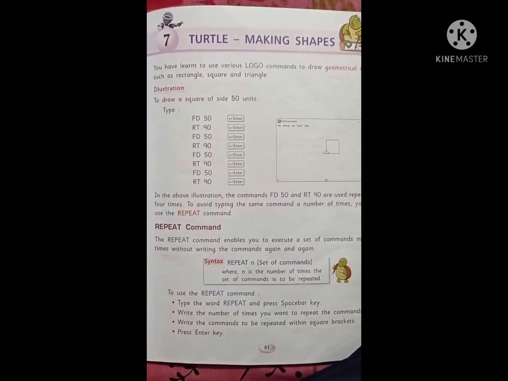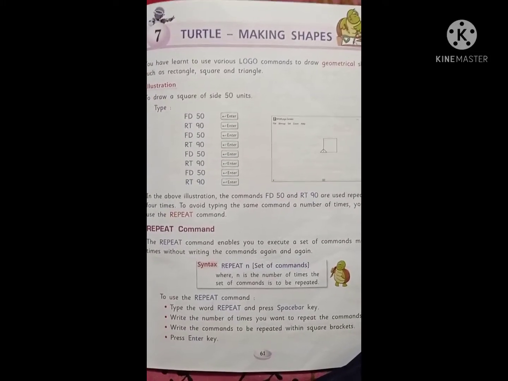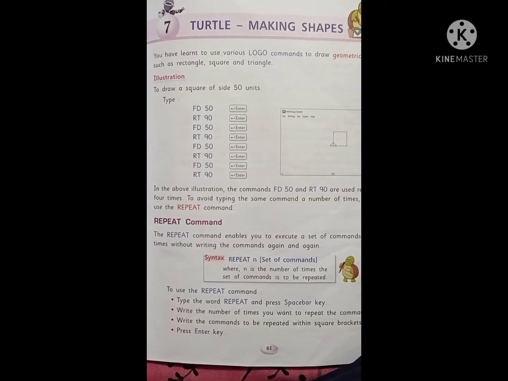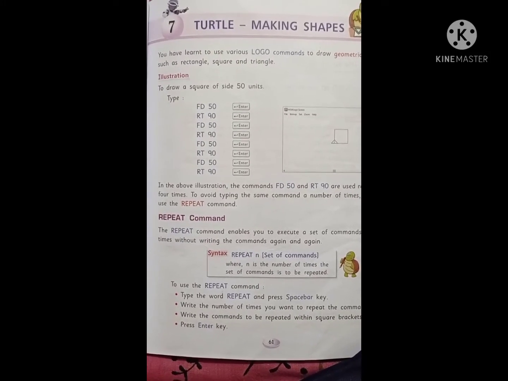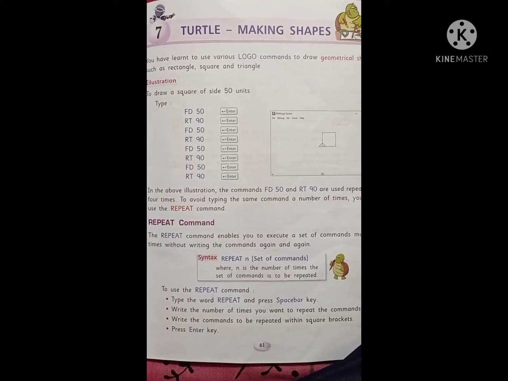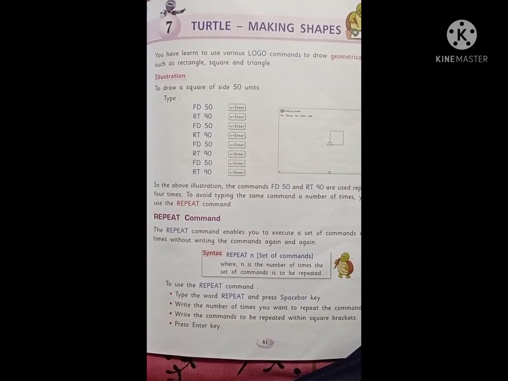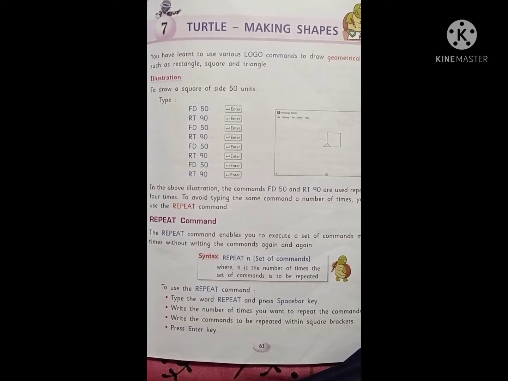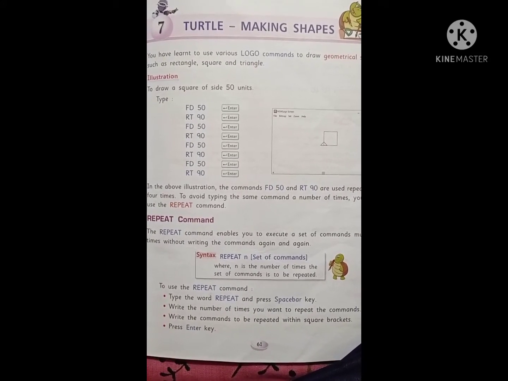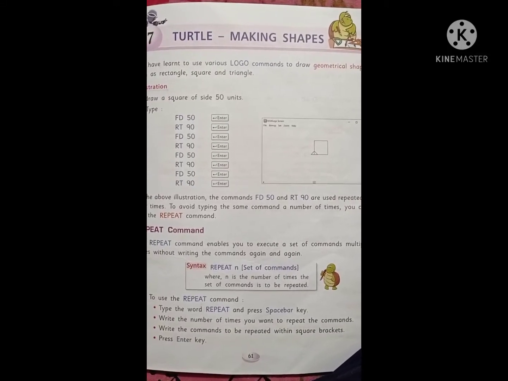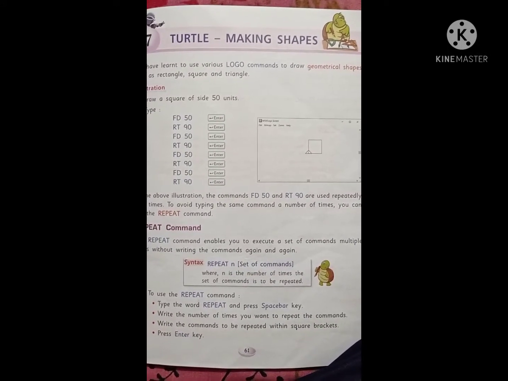In the previous chapter we already learned some logo commands. We just learned the basics of logo commands: FD command, RT command, pen up command, set command, pen down command. All these commands we learned to draw small lines. We can move the turtle from the home position around the screen. Right? In this chapter we are going to learn to draw geometrical shapes.